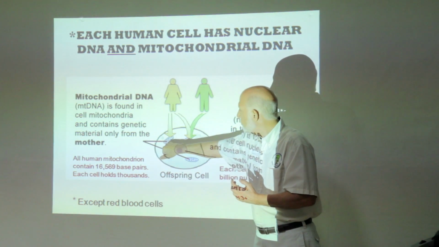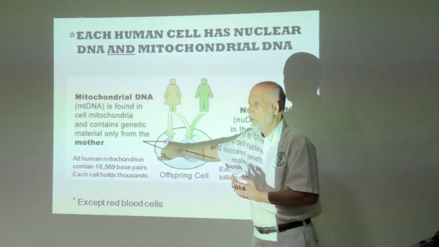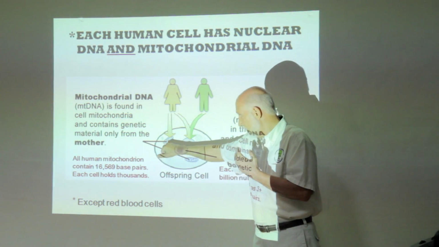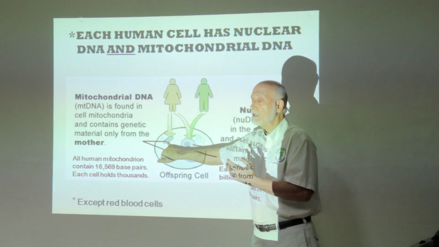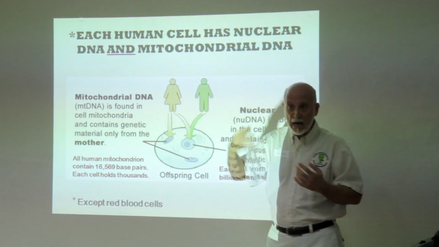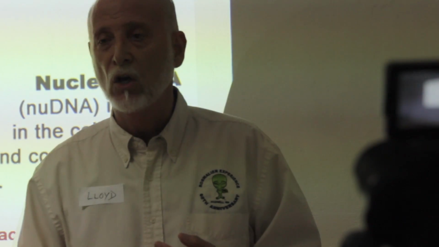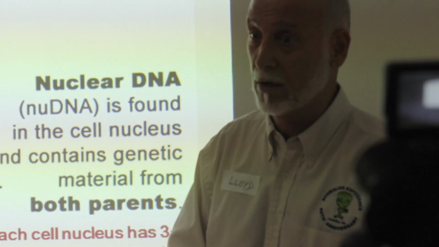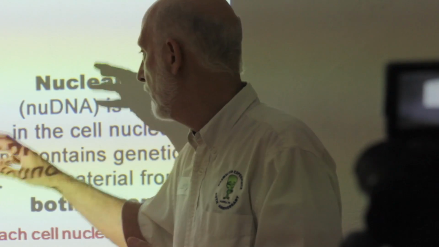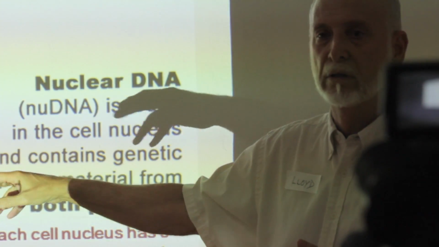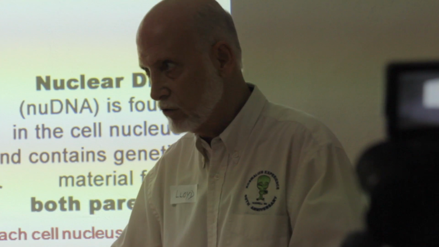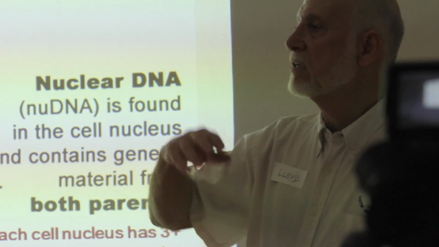But here, you get a mutation or a change or a difference here, and you hit out in that 97% that's working, you're going to have problems. And if you have faulty mitochondrial DNA, don't have kids because they aren't going to make it. That's where if they find women who have faulty DNA, they have 1 or 2 or 3 miscarriages and they figure it out, they start taking their